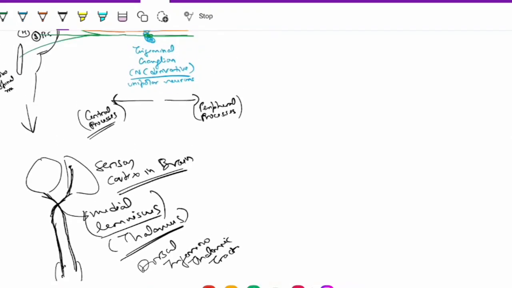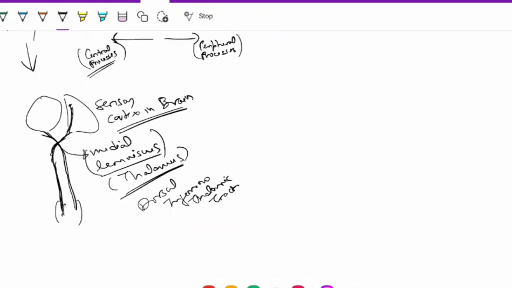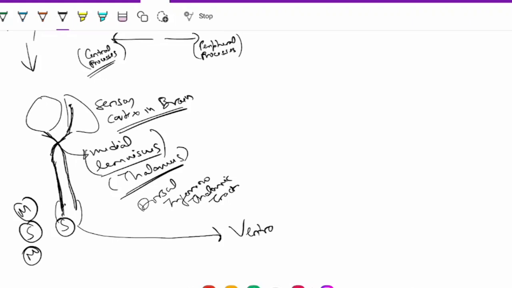Now understand this much. These fibers are coming from your motor nucleus, sensory nucleus, and mesencephalic. They are not coming from bulbospinal. Bulbospinal gives rise to its own tract, which is known as the ventral trigeminothalamic tract. Now you will ask why there are going to be two different tracts for the same sensations,